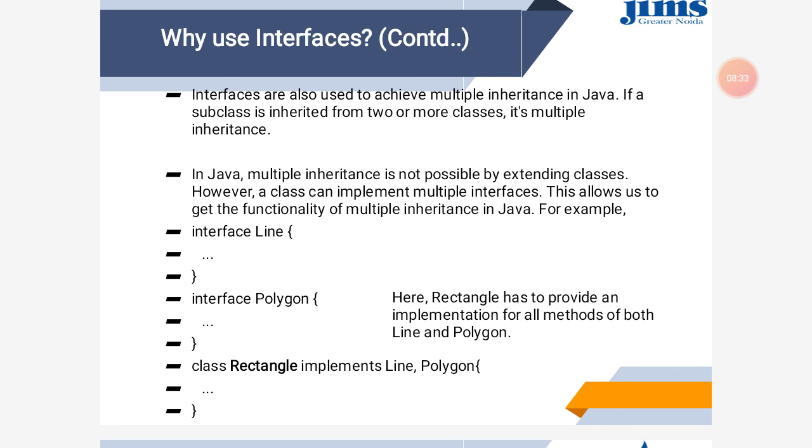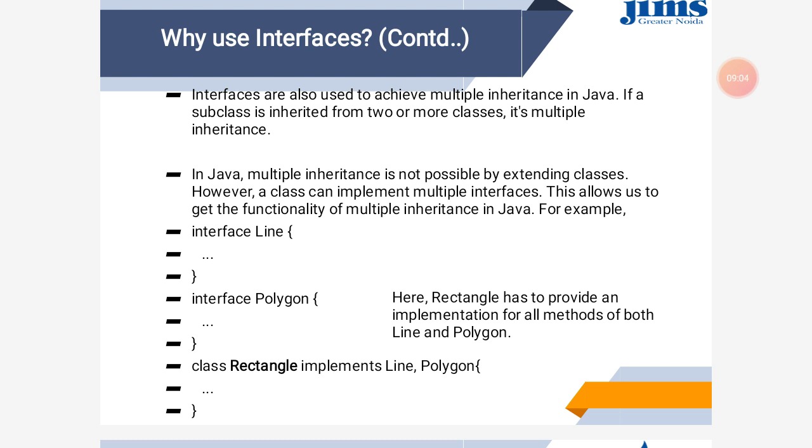So in this scenario we will understand what we can do with interface and why we use it. Interface can also be used in multiple inheritance. Simply, multiple inheritance is not possible in Java, but using interface we can implement it. And there is no ambiguity in this case because interfaces contain only abstract methods.